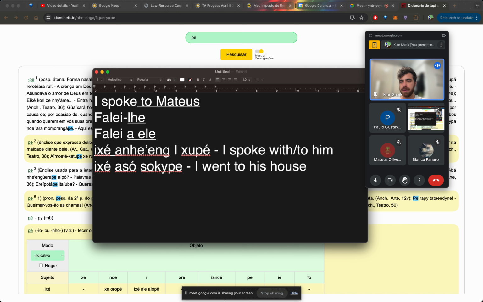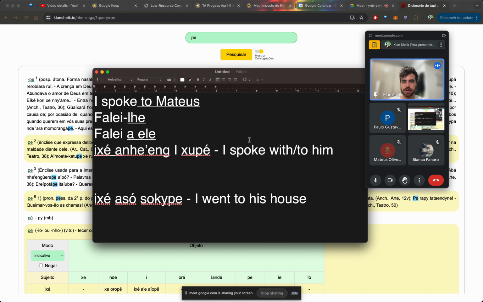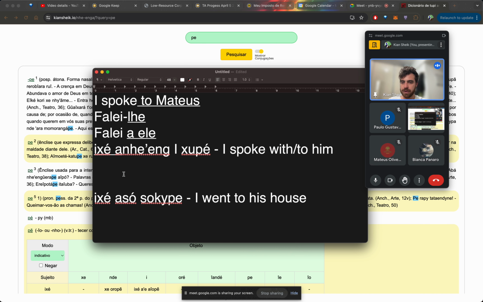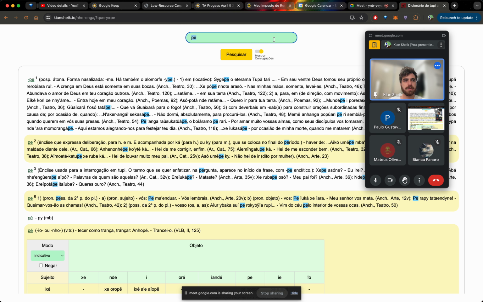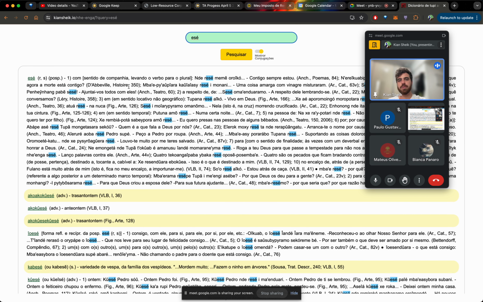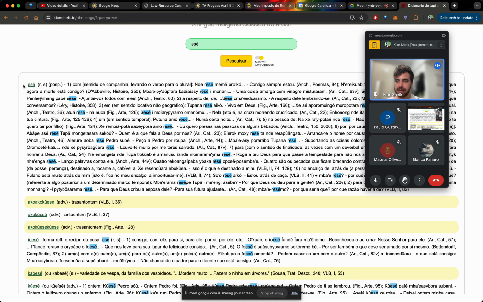And then so the thing that I wanted to show you about is so ishupe. We can think about another one like rese. So let's take a look at esse. How does it put it? So this one is very important to understand. Esse is basically like the most common complement for verbs, and it means with, com,